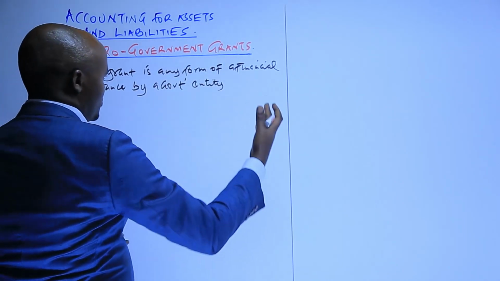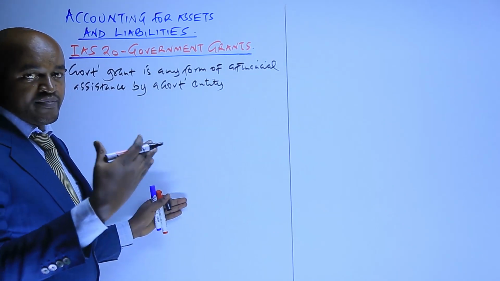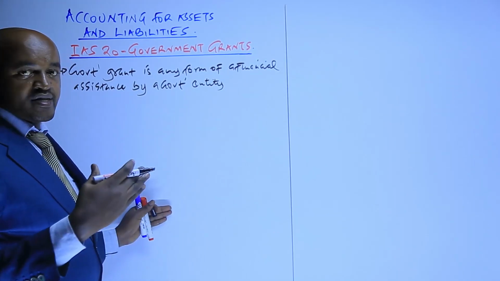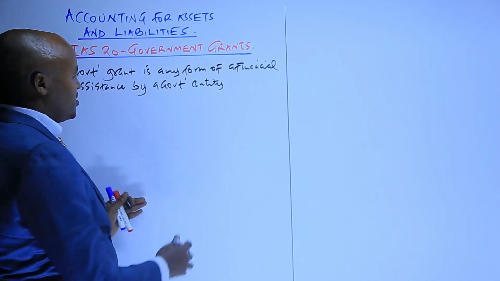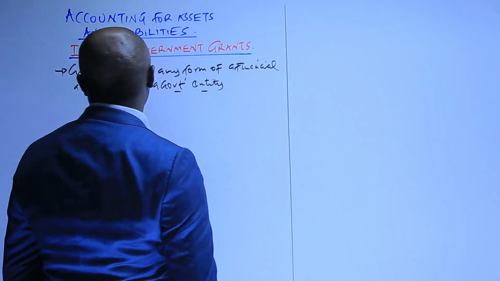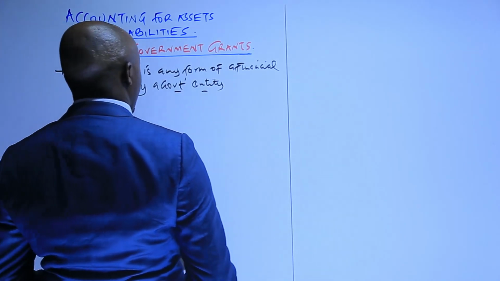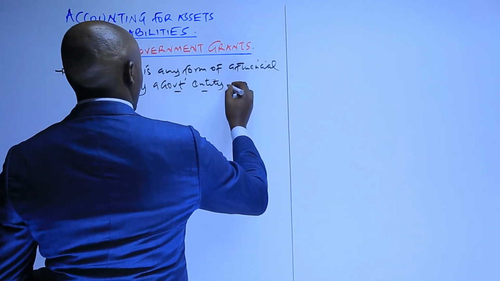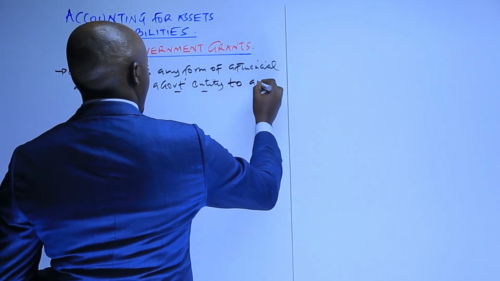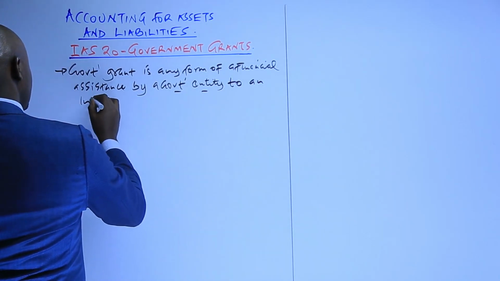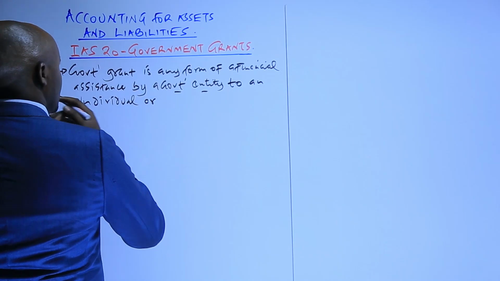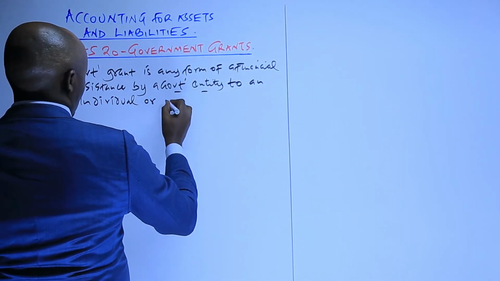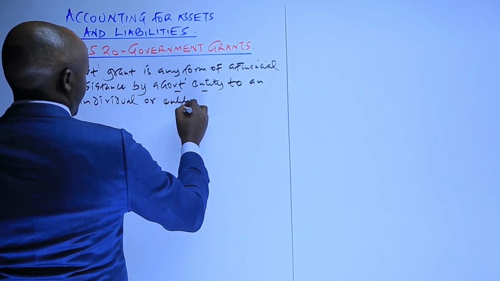So in this case, when we talk about a government entity, we are talking of something like a parastatal, something like the county government, the central government. All those are good examples of a government entity. By a government entity to an individual or an entity,